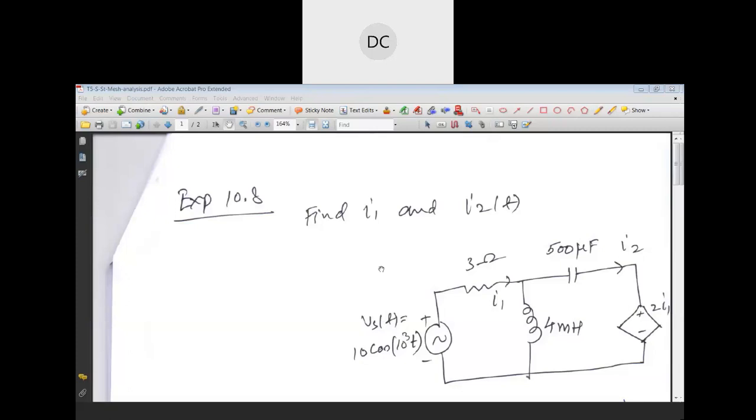Ultimately, suppose you were given a purely resistive network with 3 resistors in place of all these components, and you have these 2 DC sources, then that would have led to simultaneous equations in 2 unknowns, I1 and I2. There would have been only 2 equations in I1 and I2. Now also you will have only 2 equations in I1 and I2, but they will be initially in phasor form. That means the equations will be for complex I1 and I2.